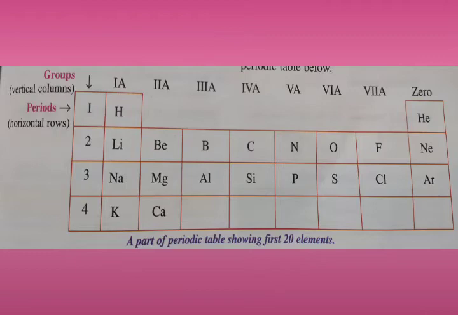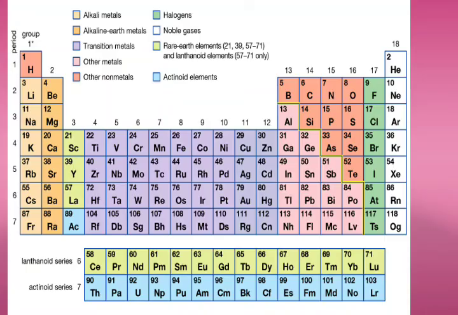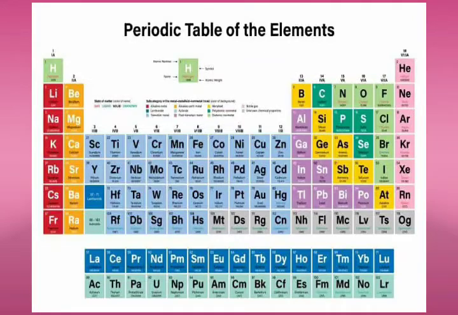So here, the groups are numbered in Roman numerals as 1A, 2A, 3A, 4A, 5A, 6A, 7A and 0 group. The periods are numbered in Arabic numerals as 1, 2, 3, 4, 5, 6 and 7. Clear? Now, you will notice that elements present in the same group have the same valency, and it also corresponds to the group